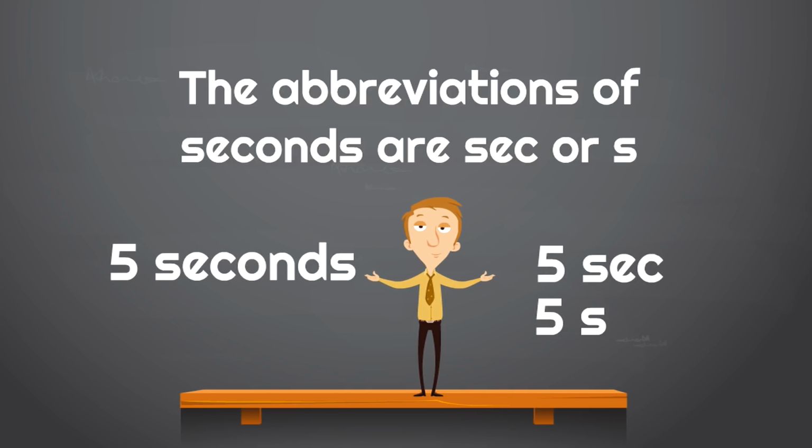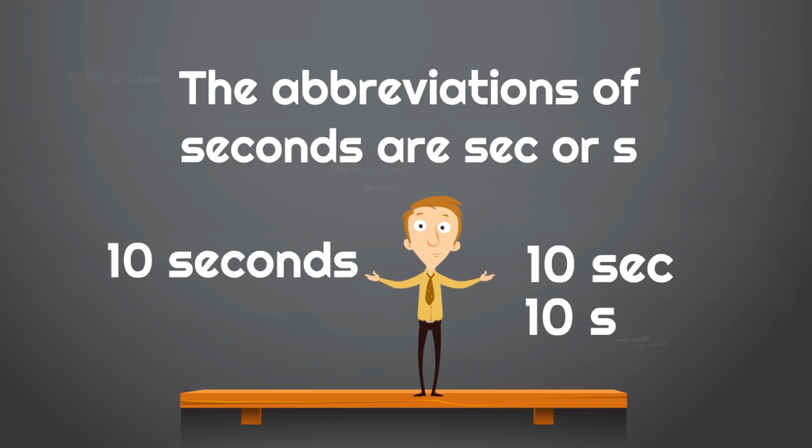Here's another example. 5 seconds could be written 5 sec or 5 S. Now, you don't always have to do that. You don't always have to use an abbreviation. But if you want to abbreviate and make seconds shorter, you can just write 5 sec or 5 S. The final example